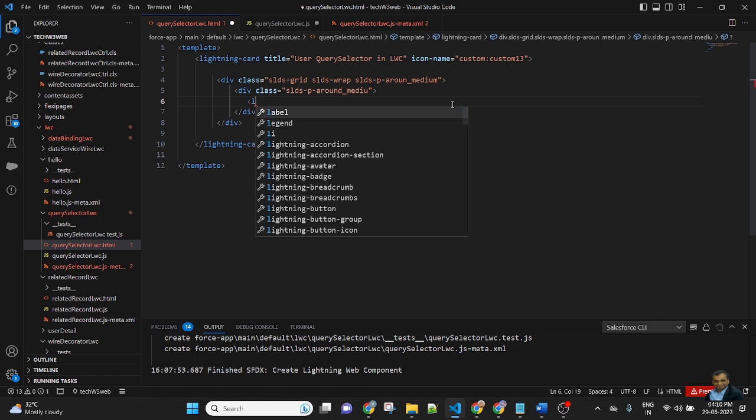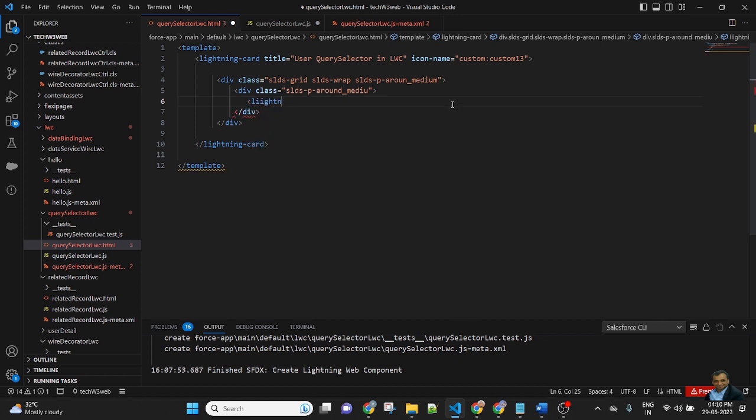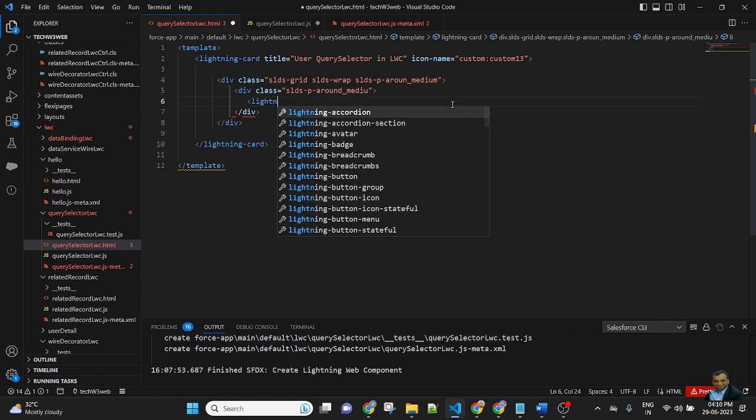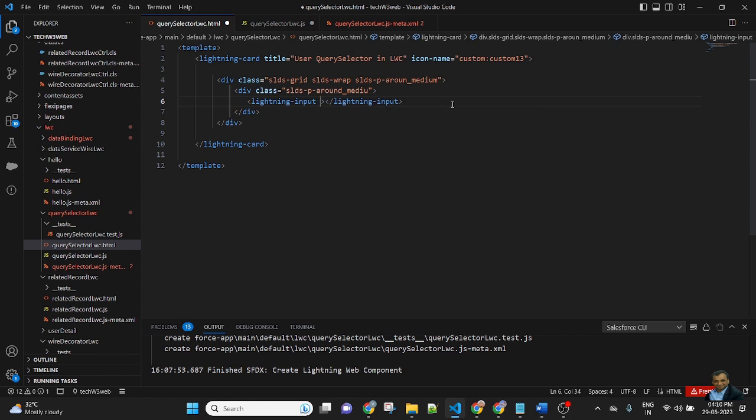Here, lightning-input, name, full name, label name, and onchange handleChange.